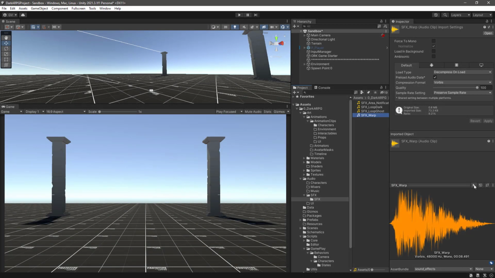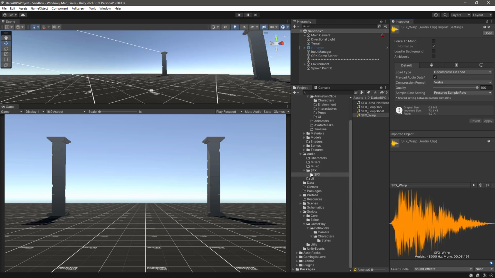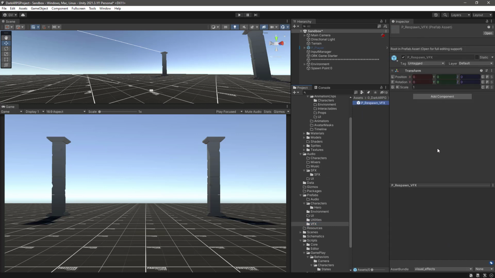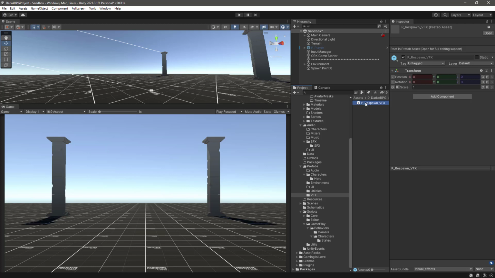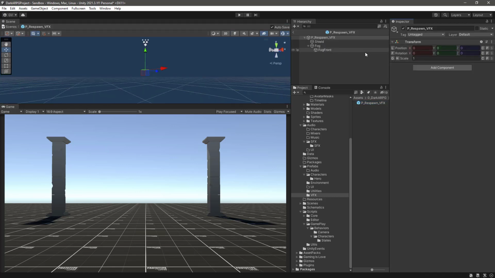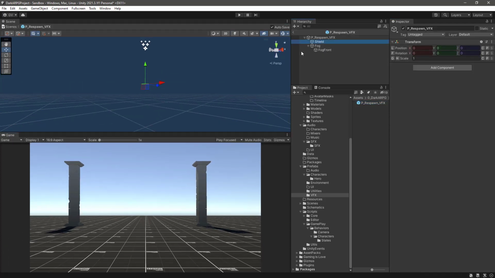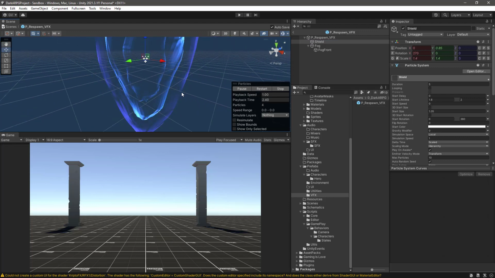So if I click on play to listen to the sound, and I have imported in my visual effects prefabs visual effects this effect that I got from the asset store, the crypto visual effects. So if I open this prefab, you can see that it's just a nice effect